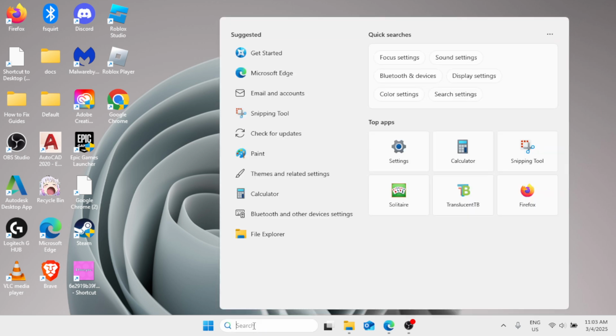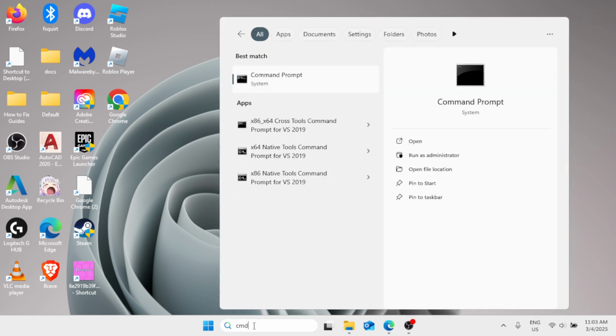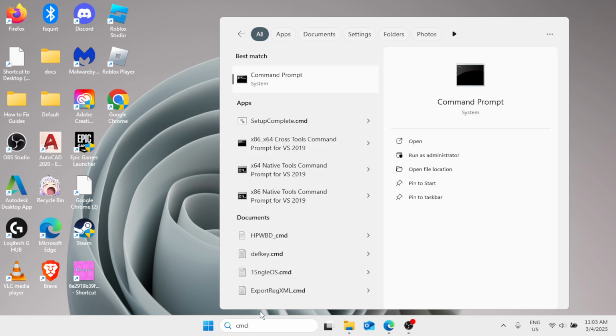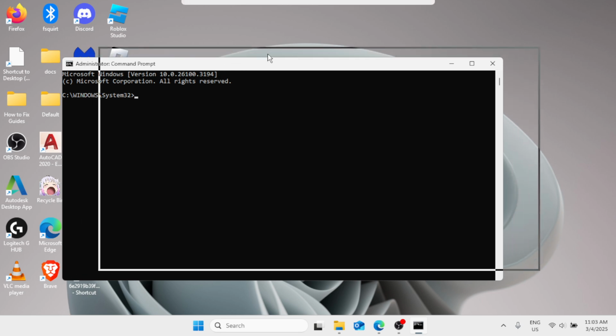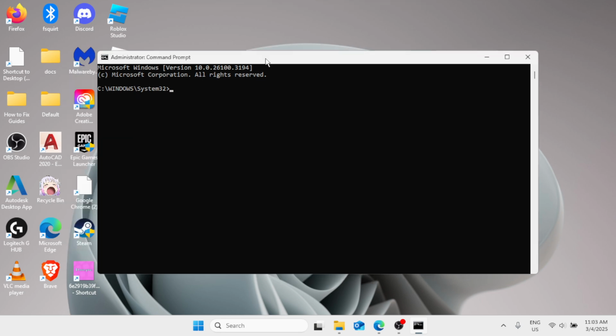In the Windows search bar, type CMD, which stands for command prompt. Do not click on it under the best match right away, but you have to click on run as administrator in the right pane. Now here in the administrator command prompt window, you need to type this command as sfc